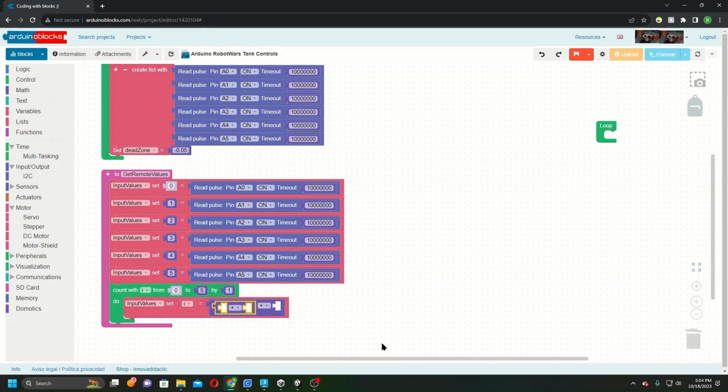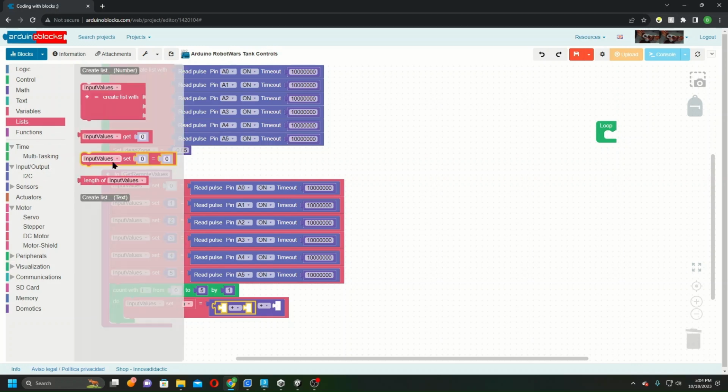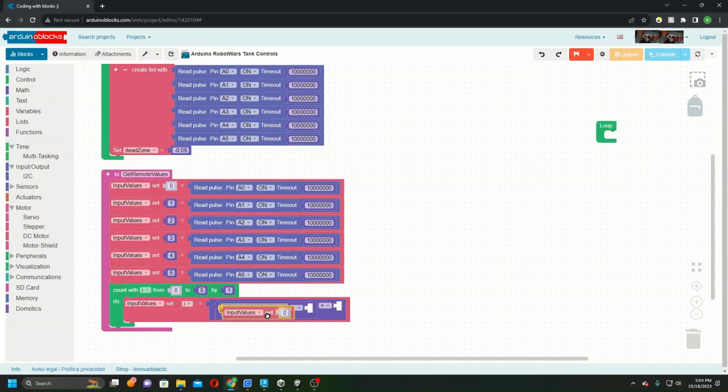So what I want to do here is take our current input value for this particular iteration. So if I go up to lists and grab get right here, this is going to get our input value. Again, we want to use I for the particular index array value. So whichever iteration of the loop we're on, it's going to be affecting that specific value. It's going to be grabbing it, and it's going to be setting it. So at the moment, this isn't changed until whatever happens over here happens first. So we're grabbing our value, and then we are going to subtract